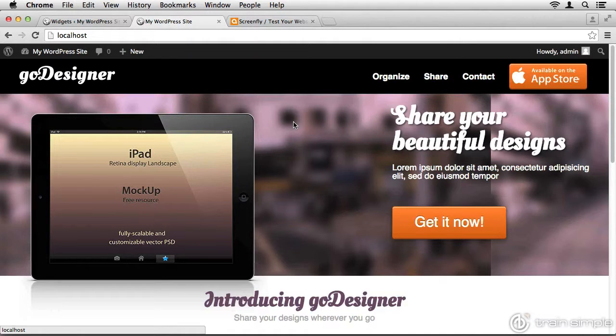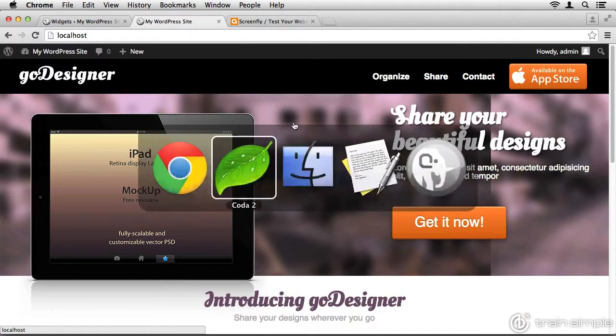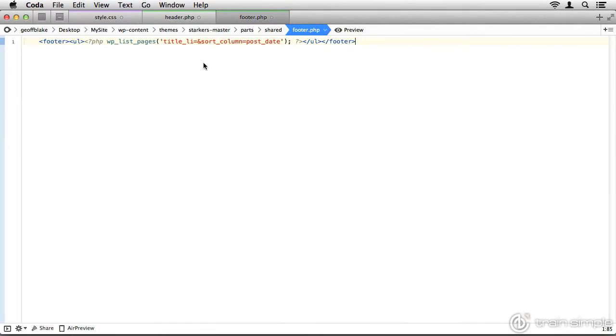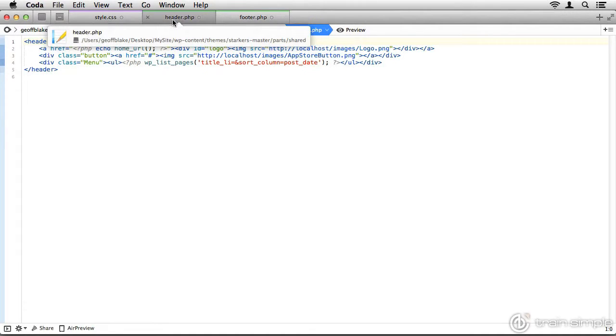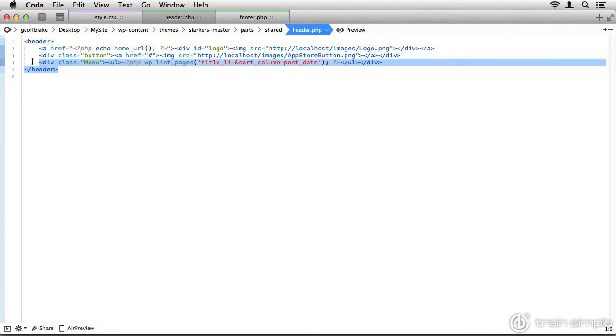I want to do something about that, and what I'm going to do is create another div with a class called container. Let me show you exactly what I'm going to do. I'm going to head back to Coda, back to header.php, which I still have kicking around. Inside the header element, I'm going to insert this new div.